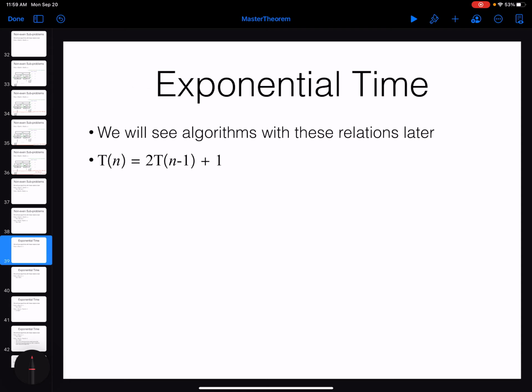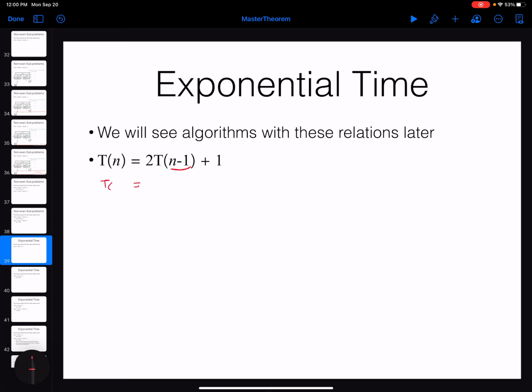Some other cases that the master theorem cannot be applied, T of n equal to 2T of n minus 1 plus 2. You can see that this is not a form of the master theorem. So you can simply just apply the substitution method for this one, or even the recursion tree. So if I use the substitution method, you can see that each time,